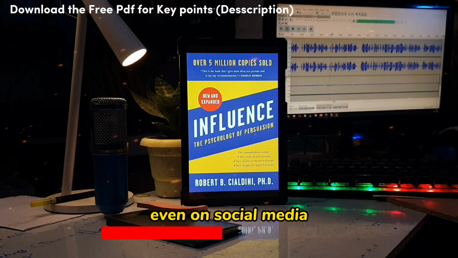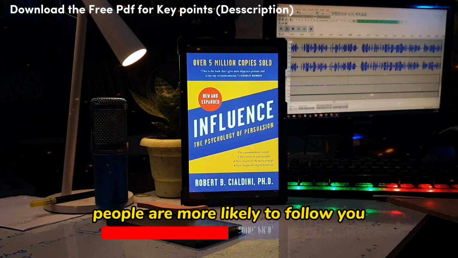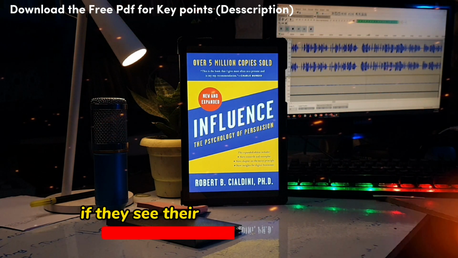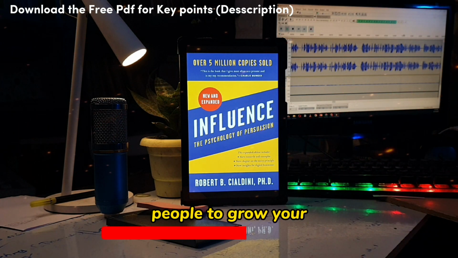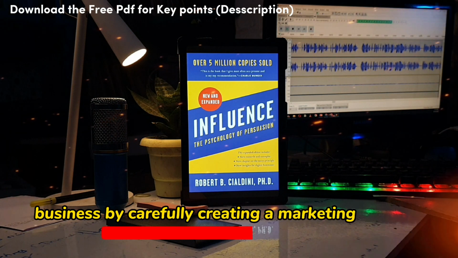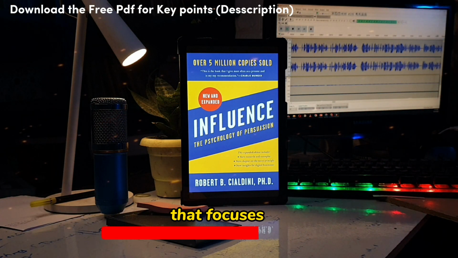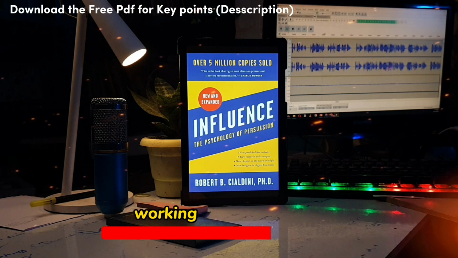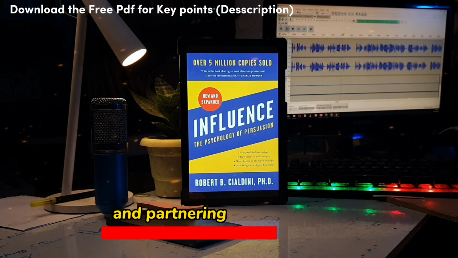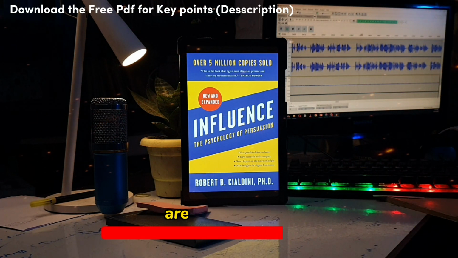Even on social media, people are more likely to follow you or buy your product if they see their friends doing the same. You can leverage this tendency of people to grow your business by carefully creating a marketing strategy that focuses on building social proof. Displaying customer reviews and feedbacks, working with influencers, and partnering with experts in your industry are a few proven ways